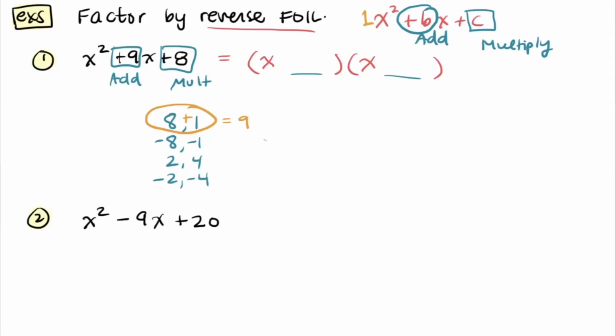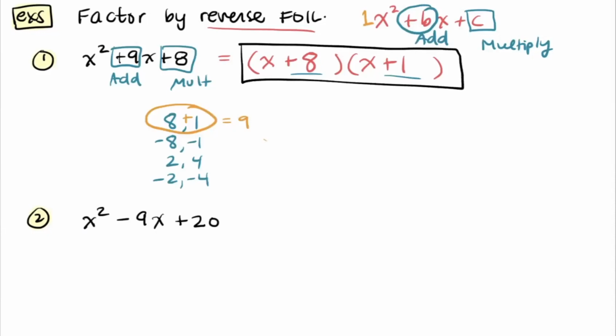So the way that we factor this will just be x plus 8 times x plus 1, and that's all we've got to do. If you wrote plus 1 and then plus 8, that's fine too. But that's the reverse FOIL method for factoring trinomials of this form, specifically with a square on the x and a 1 in the front of that. So I'd suggest you pause this video and try number 2, but I will go through this